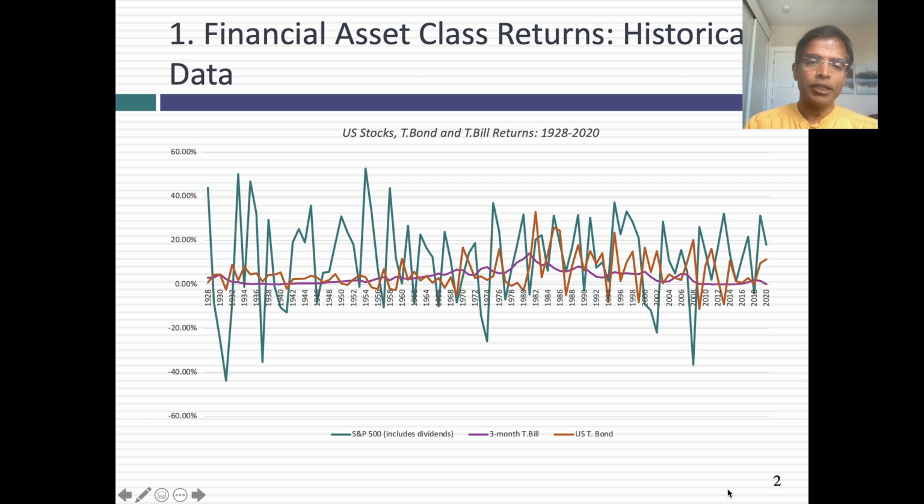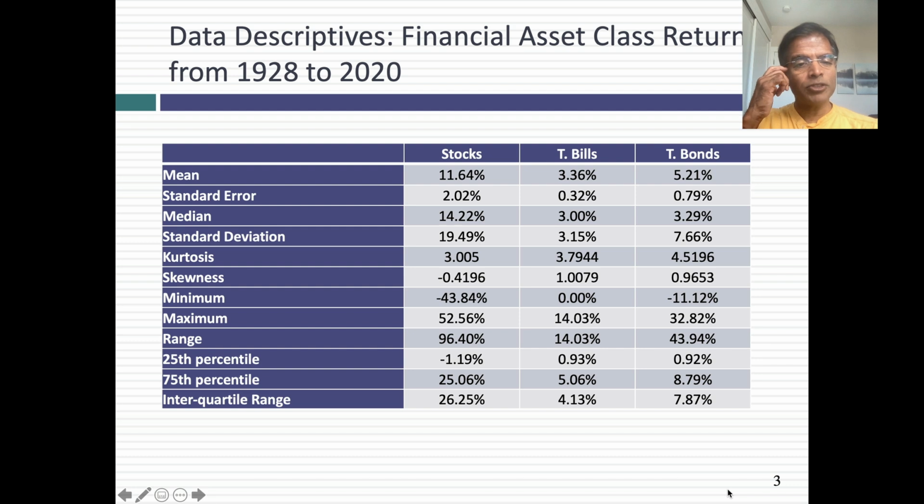For stock returns, again, I looked at two components. The first is the dividends you receive on stocks, and of course, the change in the price during each year. Now, already you can see, looking at this graph, that stocks have been by far the most volatile of these three asset classes, followed by T-bonds, and T-bills are the most stable. Now, let's see if we can use descriptive statistics to eke out more information than what we get by just looking at the chart. So let's turn to the descriptive statistics.